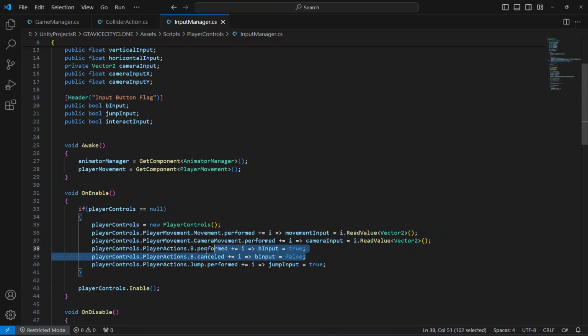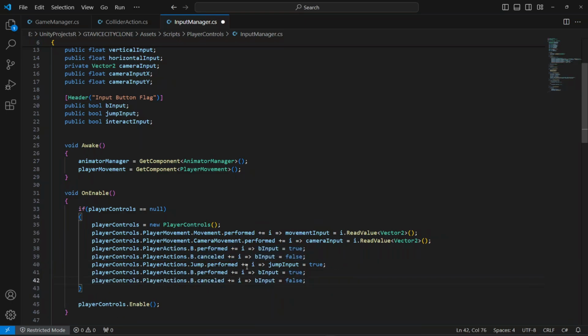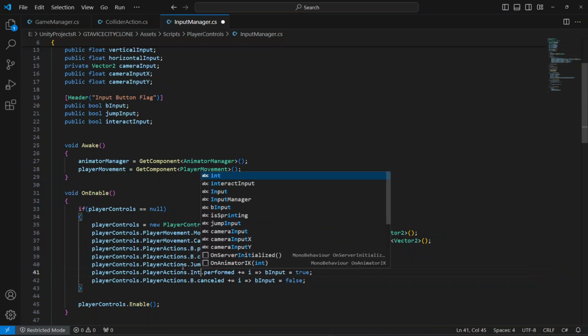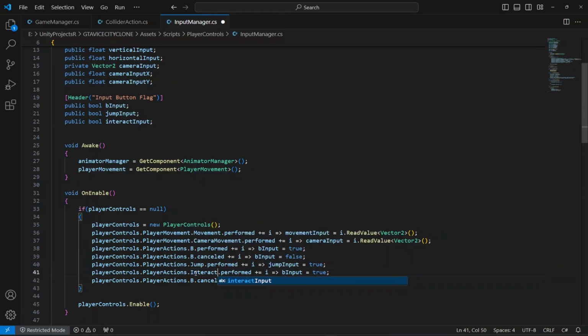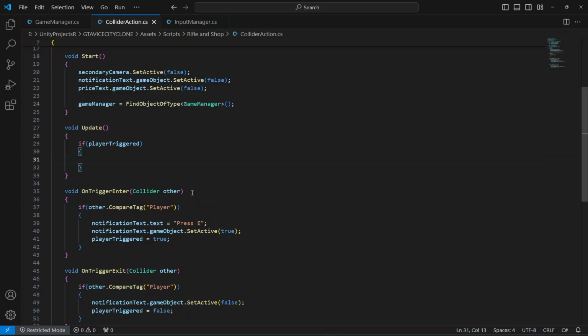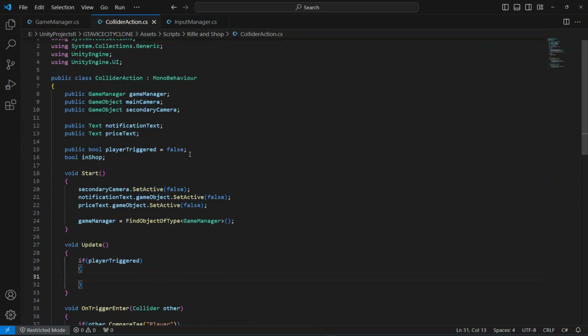Then we will copy this P input line, paste it down below, and as you know its name in the player control is interact, so make sure that you type interact instead of P. And right here type interact input, set it to true, and then set it to false. Then if we get back to the collider action at the top,